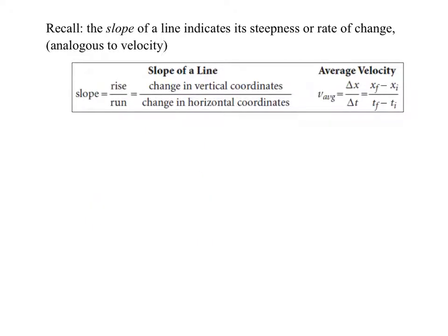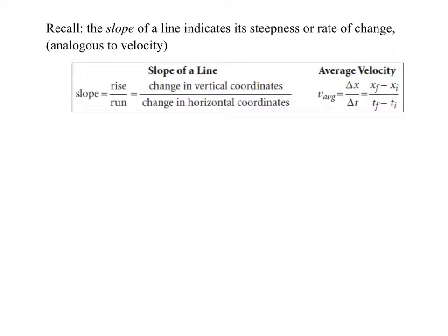So quickly recall, you did this in your summer packet, and we quickly did this in the recent lab. We talked about slope. The slope of a line is the steepness. In your math class, freshman year, you called that rate of change. Remember the phrase rate of change, rise over run? It's how far up you go, how far out you go. That was your steepness, or your rate of change. Well, this is a rate of change.